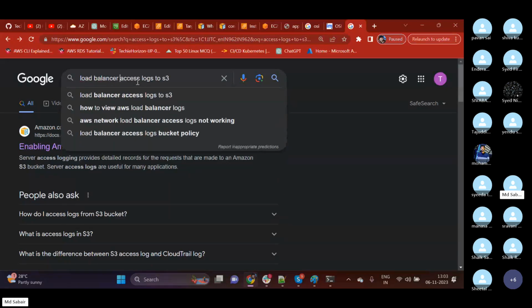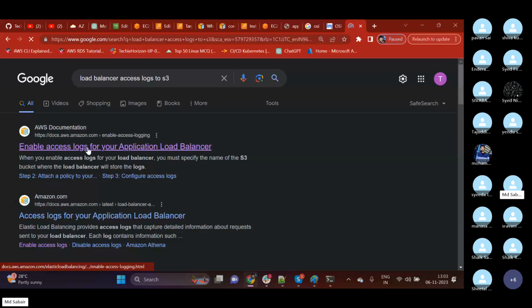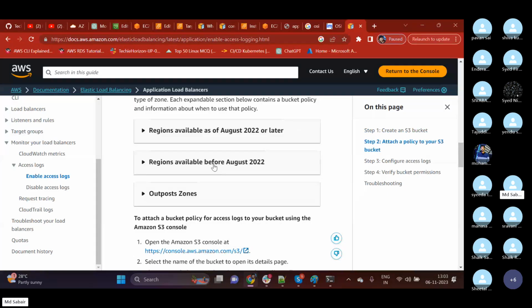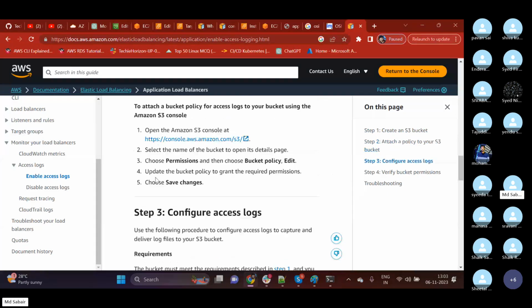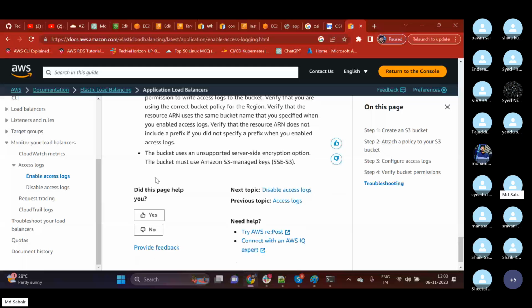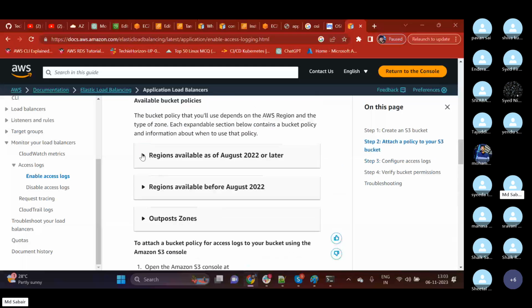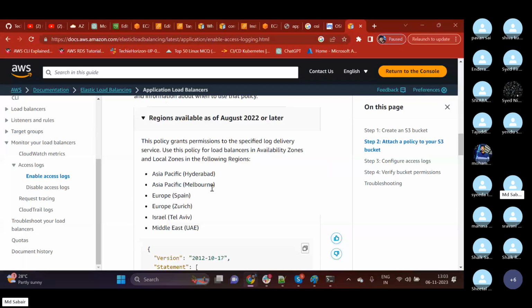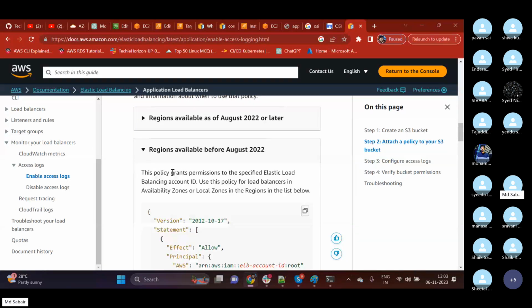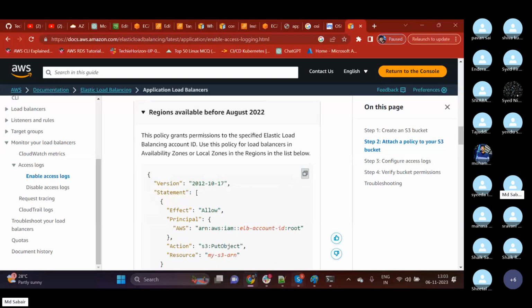Load balancer access logs to S3. Yeah, here we can see this. If I open this, there is my permission policy. August 22. This is North Virginia, right? So I can use this. So let me copy this